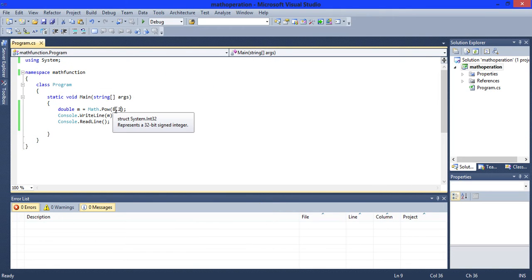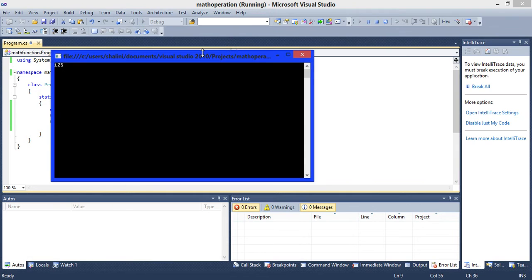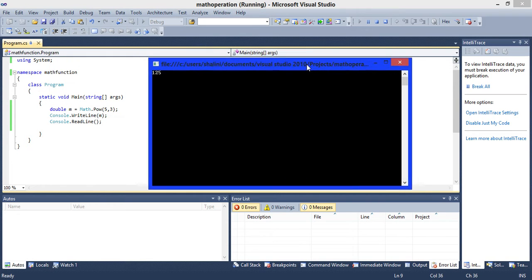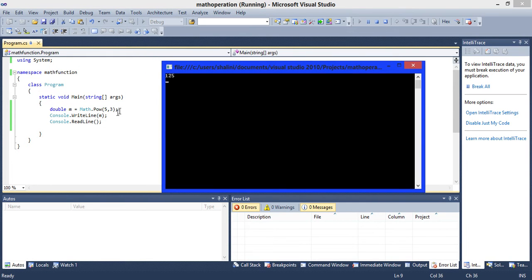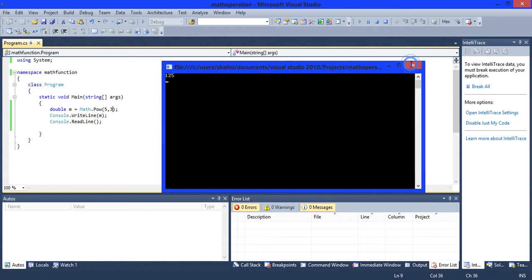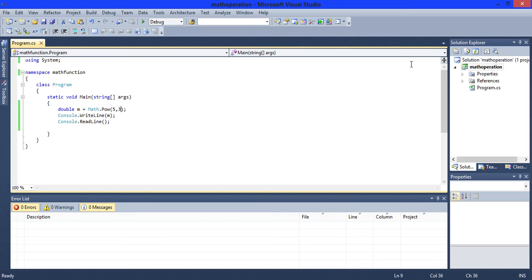Write here 5 and here 3. Save it, run it. See, the output is 125 because the value of 5 to the power 3, that is 5 cube, is 125. Now see